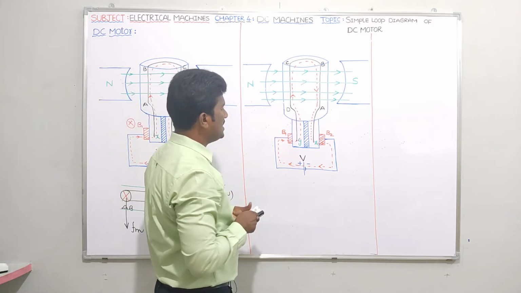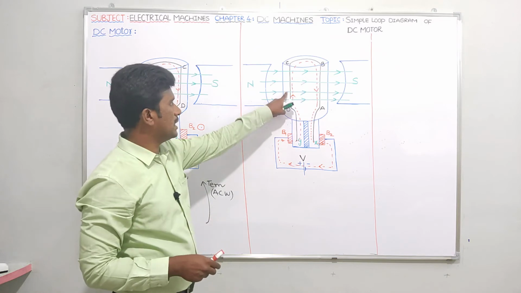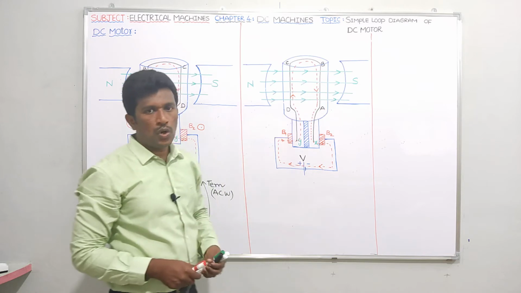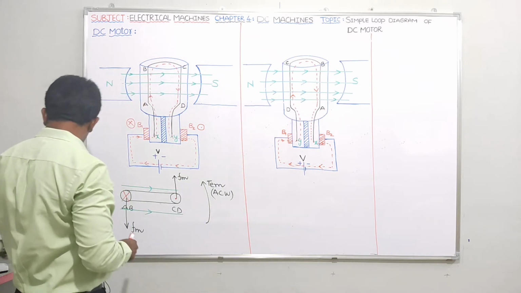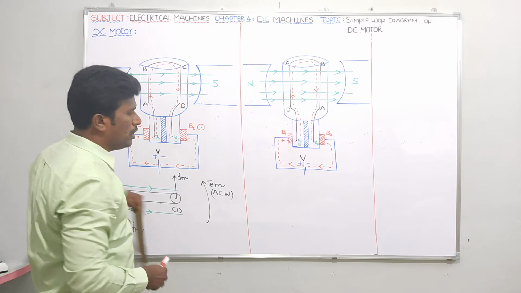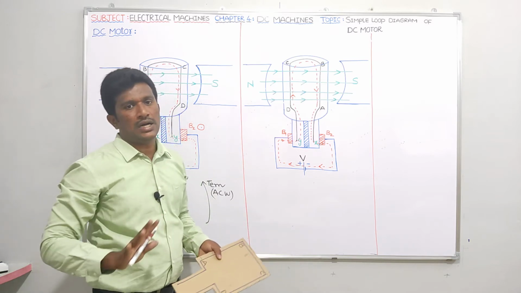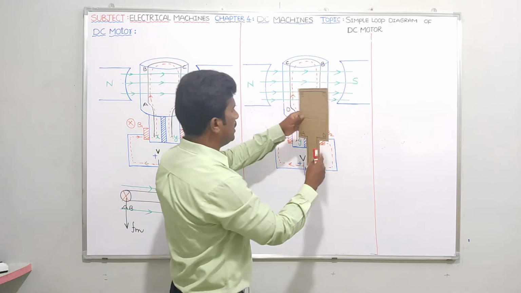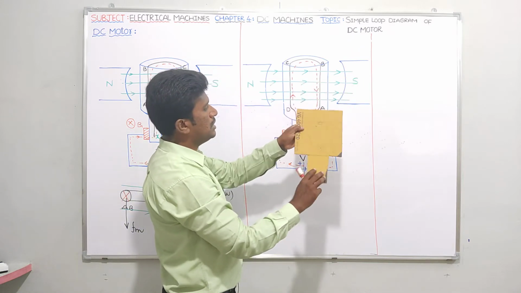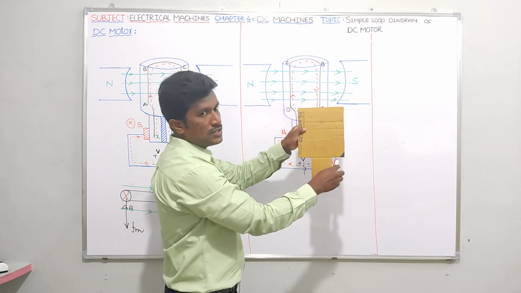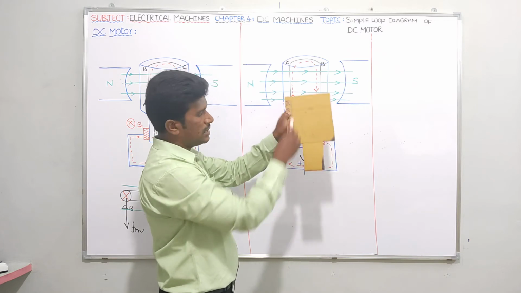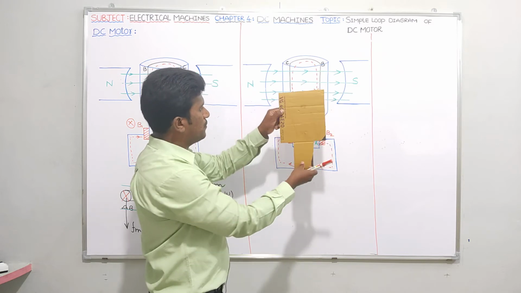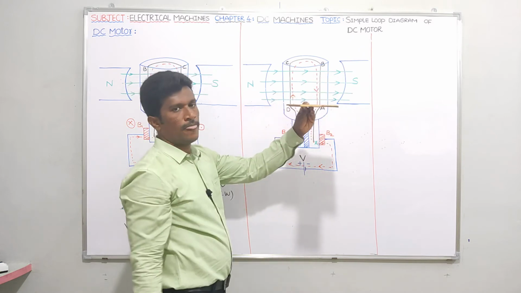Now tell me, guys, ultimately, what is the direction of current in the CD conductor? It is upwards. What is the direction of current in AB? It is downwards. Don't say upwards and downwards, okay? If I am asking you the direction of current, you should tell whether it is a cross or dot. In terms of cross and dot only you should say. Here CD will be here, BA will be like this. This is the CD conductor, this is the AB conductor. So instead of showing like this, please show like this.